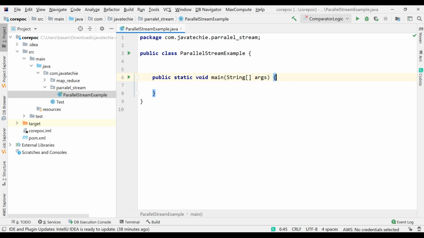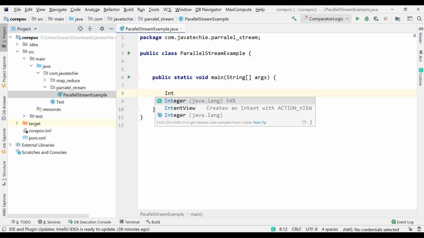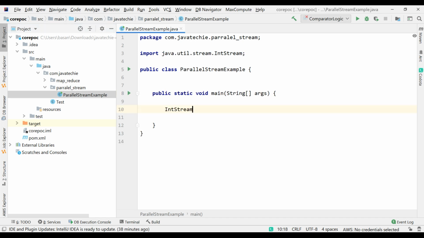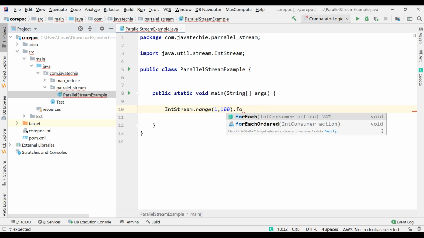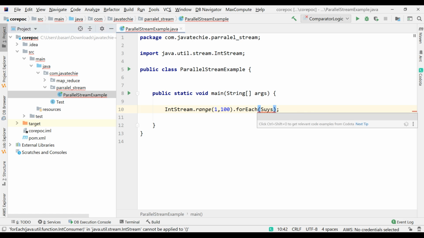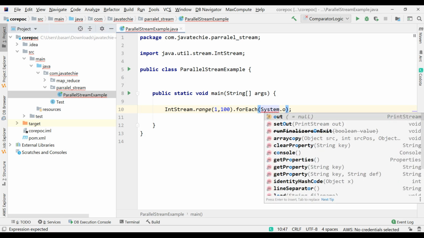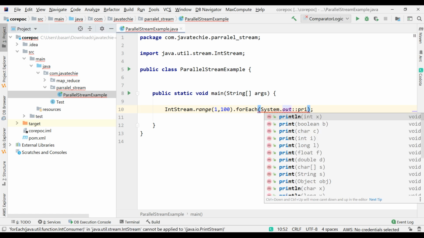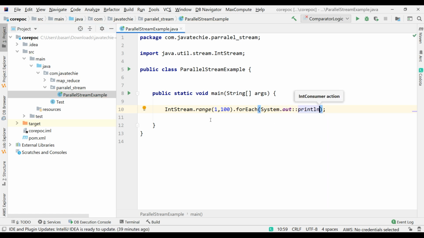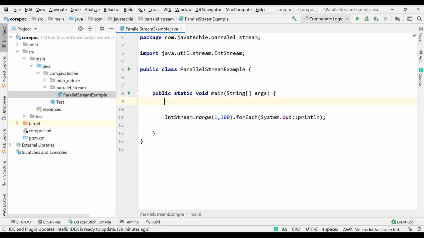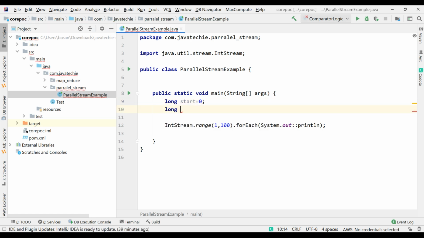Okay. So first, let me create one IntStream dot rangeClosed. I just want to print from 1 to 100, dot forEach. I just want to print it, System.out using the method reference, I'll use println. Now what I'll do, I'll create a start time, long start, then long end.